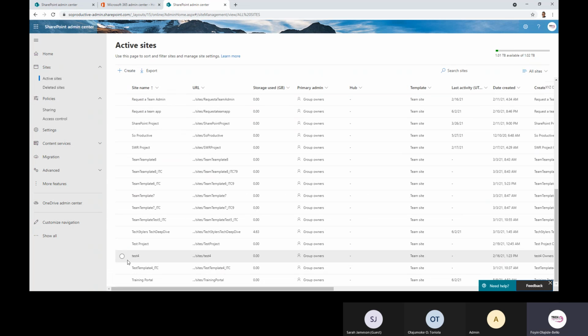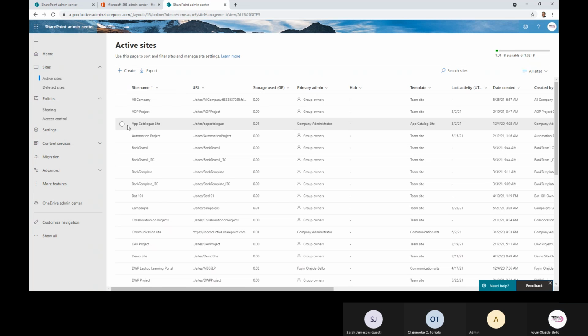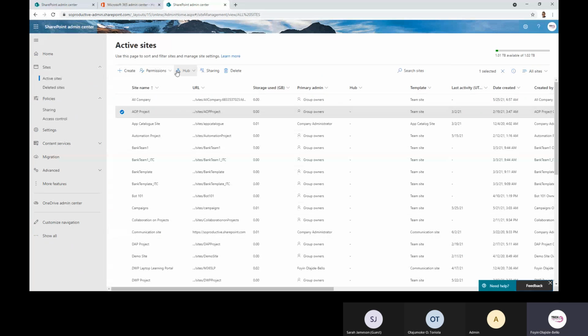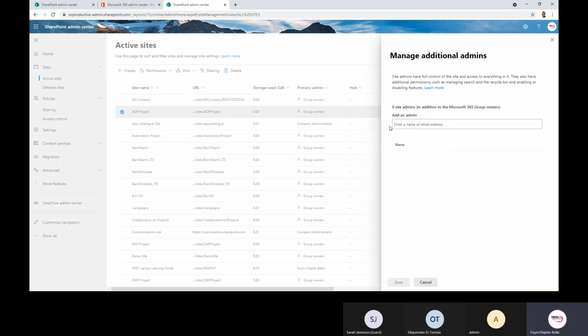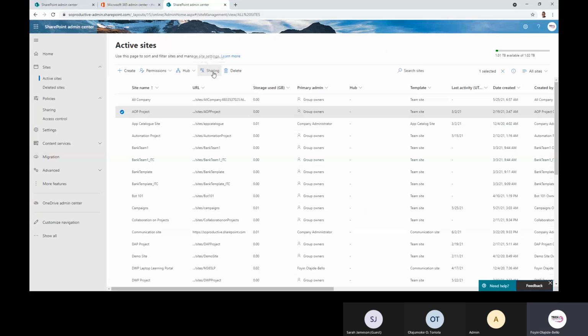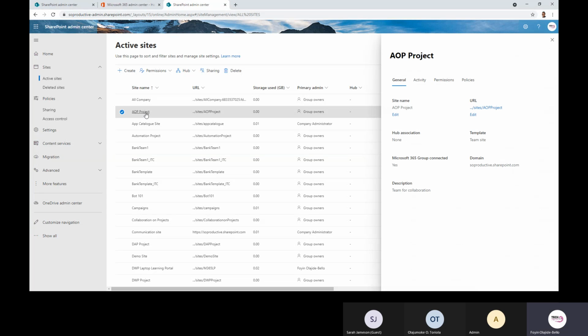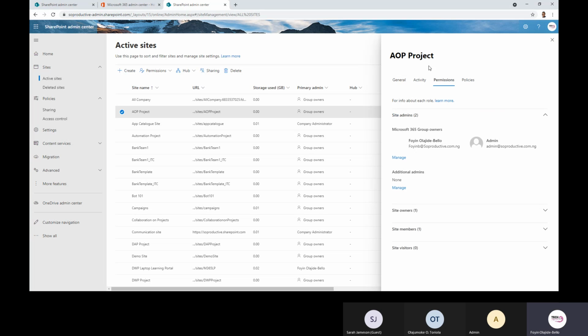So let's pick one, for example. So let me take this. When you select one, you can see further things you can do here. So I can edit the owners. I can add additional admins to the site and save. You can decide to share it. You can also decide to do other things on the site, like